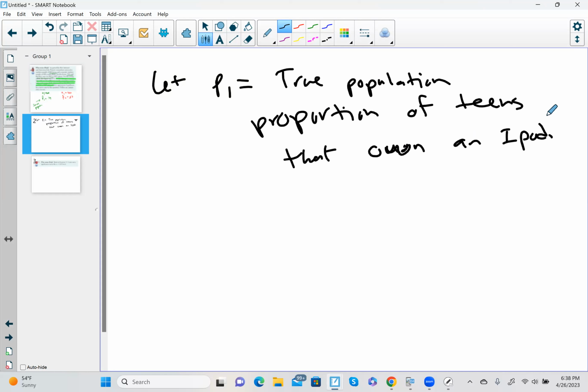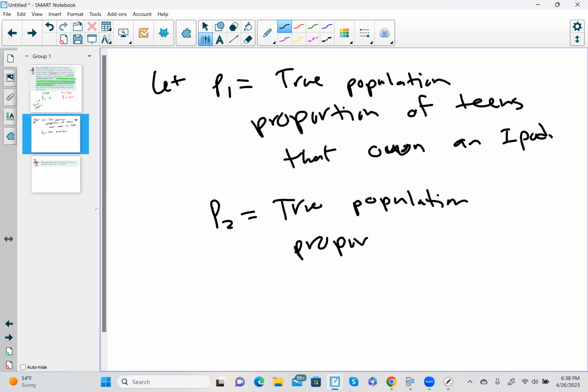So I'm assuming you guys know what an iPod is, right? It's like they don't make them anymore, I don't think, right? They just make iPhones. And then P2 is going to be the true